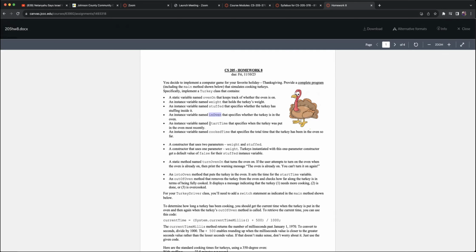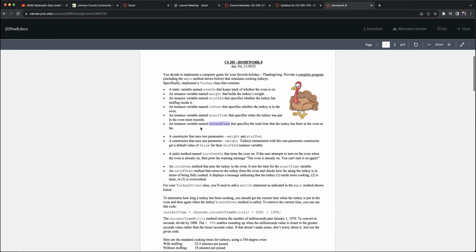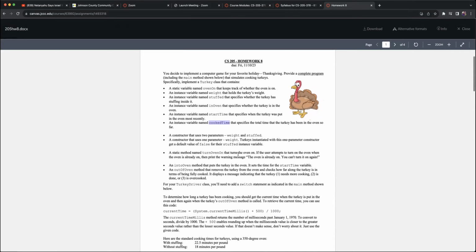And then you got the starting time. This is simply when you put the turkey in the oven. And then this is the cook time, which specifies the total time that the turkey has been in the oven. So this is going to keep track of how long the turkey has been in the oven. And again, if you just go ahead and read those and follow them line by line, try to construct and build a turkey class. And as I said, the idea here is that